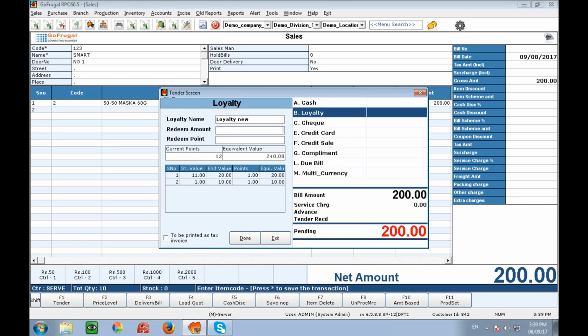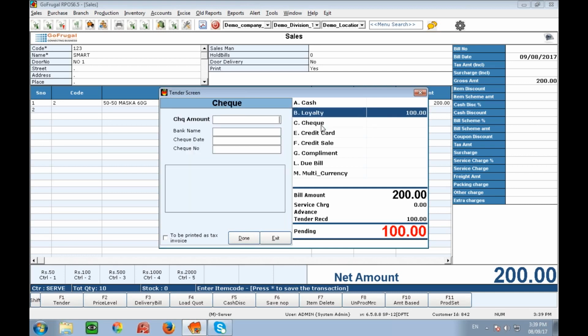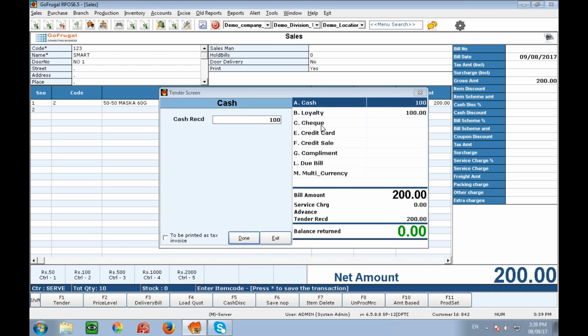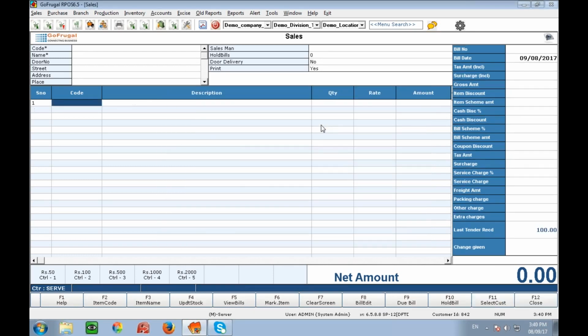Whatever points are there, 12 points are showing, and the equivalent value of that is showing now. So you can redeem these complete points here. In 240 rupees, if he wants to redeem 100 rupees, he can redeem that alone. For the other 100 rupees, he can pay by cash. That's all. This is how the redemption can be done.